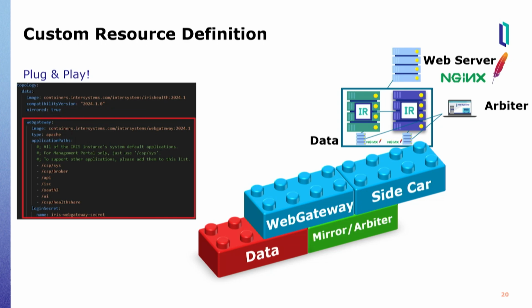Let's do another. Now, if we're having mirroring and we're having an arbiter, what we need is a sidecar. The sidecar is what's going to give us access to a certain container in that pod. So now we're putting multiple containers in the same pod. We're having a sidecar to be able to access a specific one, maybe we want to get into the backup, but the main web gateway is only going to get us to the primary. So that's what we need the sidecar for,